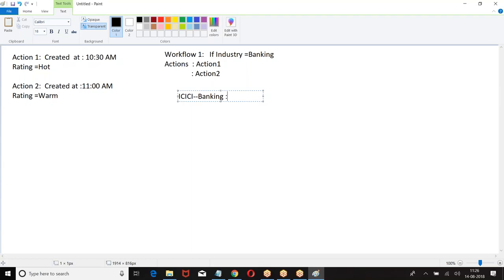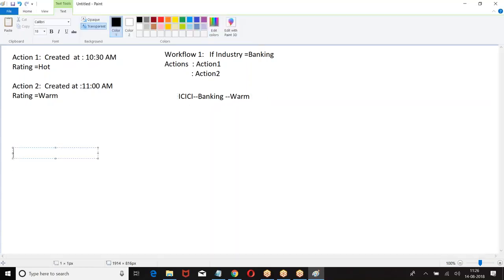Which action was created first? 10:30. So it will be modified as hot. Then followed by the second action. What is the second action? So when you have a workflow rule with multiple actions, they will be performed as per the order of action created date. I hope you are good.